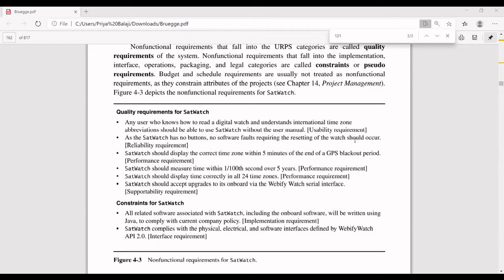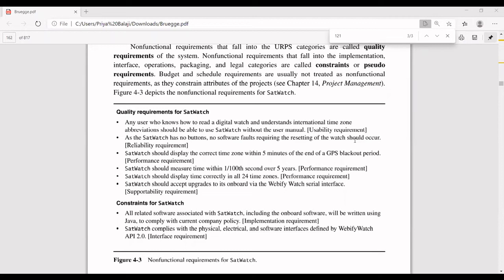And what are the constraints for that satellite watch? So far we have discussed the constraints. Other than that, the non-functional model can have certain constraint requirements also. So what are the constraint requirements? All the related software, including onboard software, should be implemented in Java only. That is a constraint. Next one, you can have an electrical or a physical or software interface.